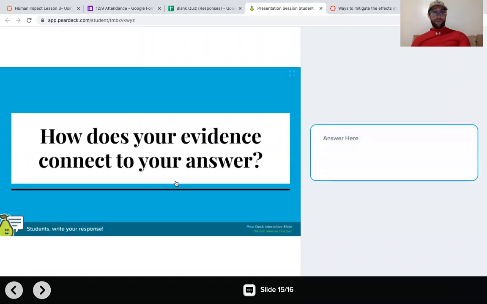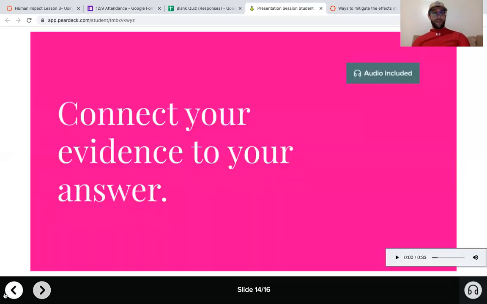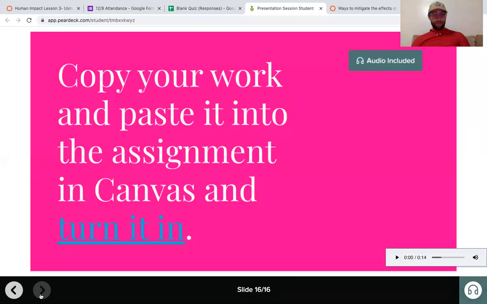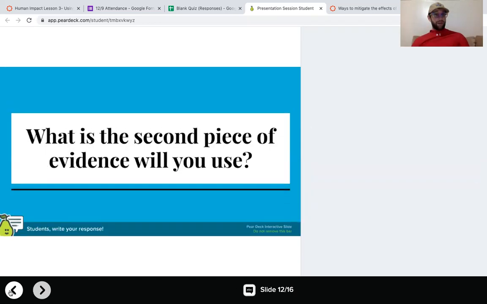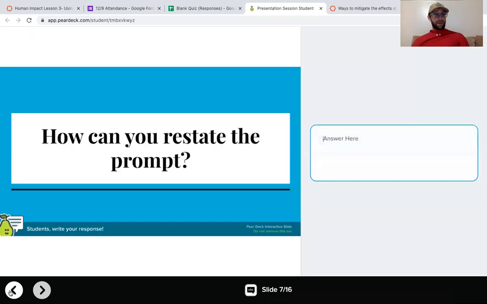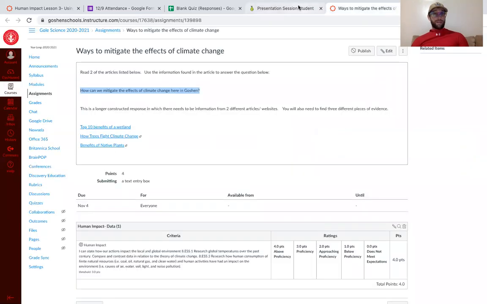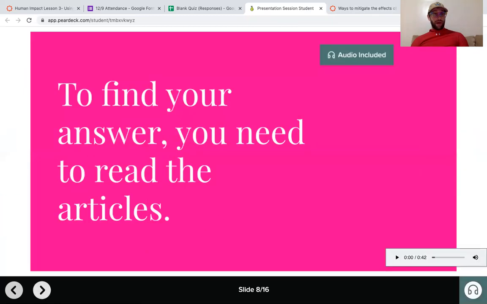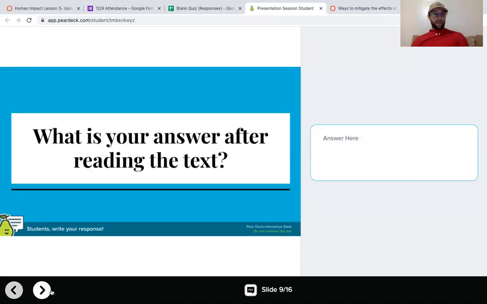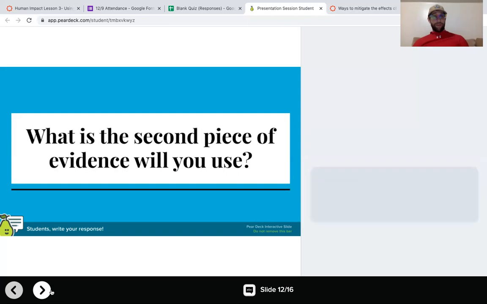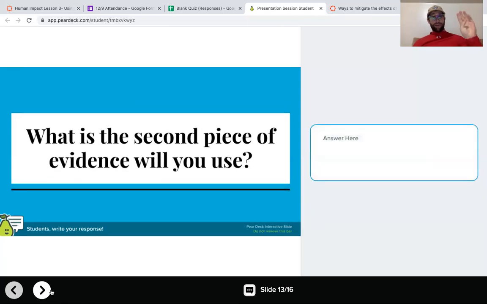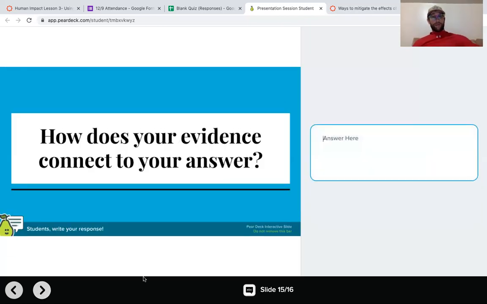Then you're going to connect your evidence to the answer. If you need help doing this, feel free to listen to the audio here. Then you're going to just go back to each slide, right? You're going to copy your restating of the prompt and put that in the submit box. You're going to copy your answer, put it in the submit box, copy your evidence 1, evidence 2, evidence 3. Then you're going to copy your explanation, put it in the submit box, and we have a RACE that's done,